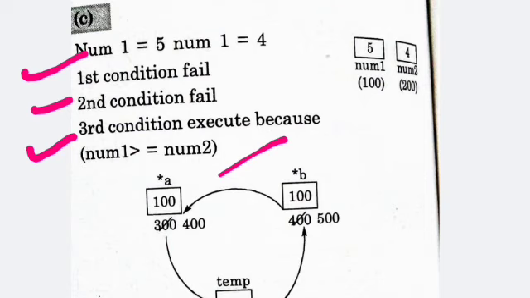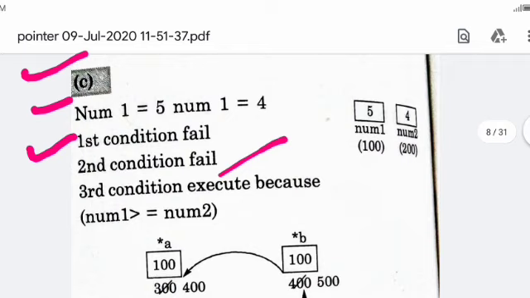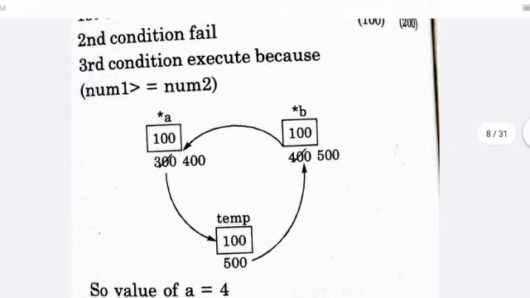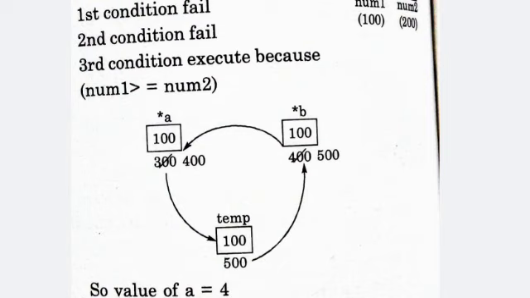Now on the basis of number 1 and 2, here we are allocating some values to the variables. Now on the basis of the address of number 1 and number 2, we allocate pointer a as 100 and pointer b is pointing to address 100.